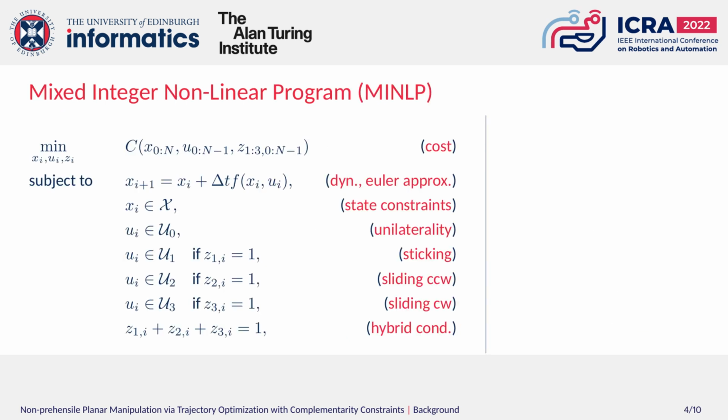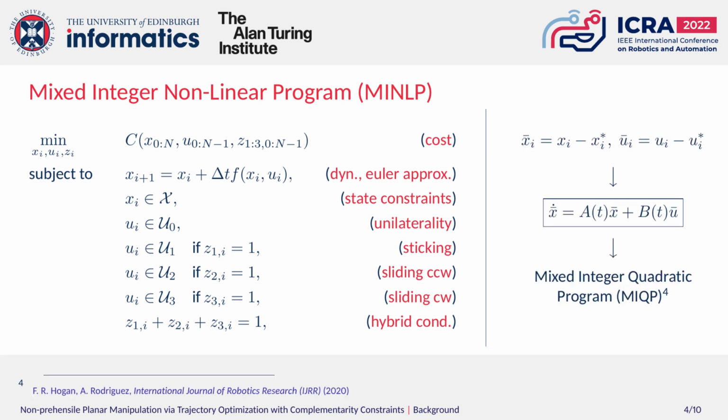One way of encoding these contact modes in a trajectory optimization problem is through a mixed integer approach. In this approach, in addition to the constraints of the motion dynamics and the state control boundaries, we add a set of binary variables to the optimization that define which mode is active at each given instance in time. By linearizing the motion model around a given path, this problem becomes the mixed integer quadratic program proposed by